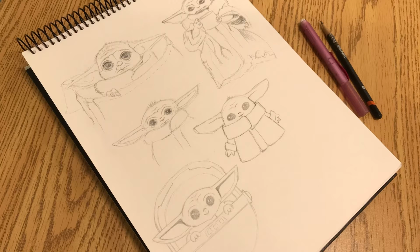And for the week of May the 4th, we're going to have different activities for everyone to participate in virtually. Mine today is going to show you how to draw Baby Yoda, especially with the Mandalorian that came out. Baby Yoda has really hit the scene, and you probably see t-shirts and little statues, erasers, stickers, a bit of everything, and everyone has kind of their own point of view of the way